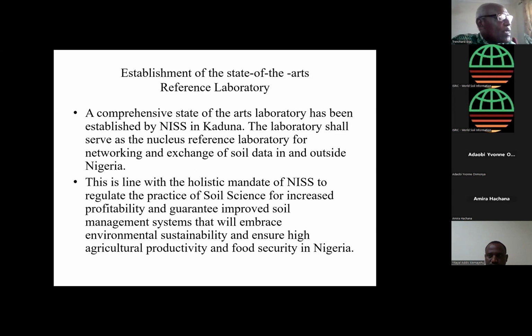The laboratory is a reference laboratory, like I've said, and shall serve as a nucleus reference laboratory for networking and exchange of soil data in and outside Nigeria. This is in line with the holistic mandate of NIST to regulate the practice of soil science for increased profitability and guarantee improved soil management system that will embrace environmental sustainability and ensure high agricultural productivity and food security in